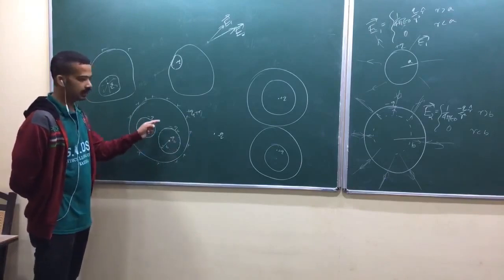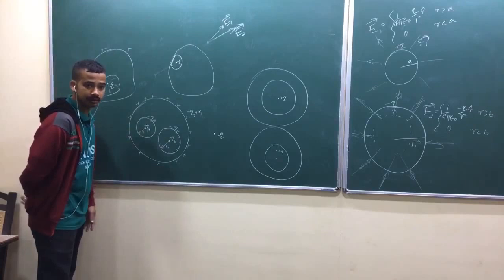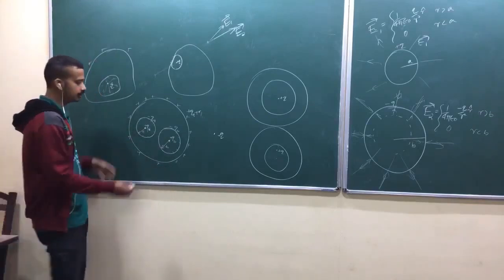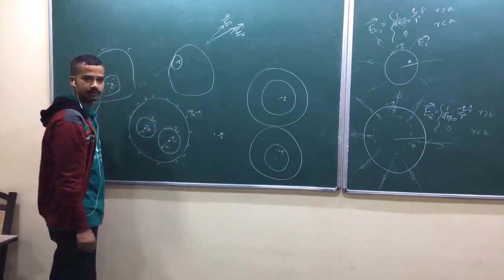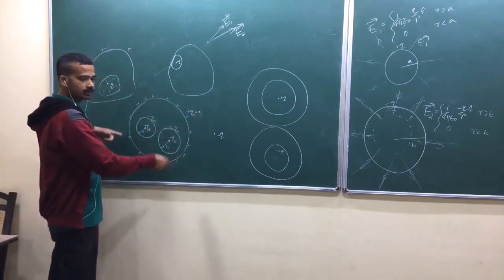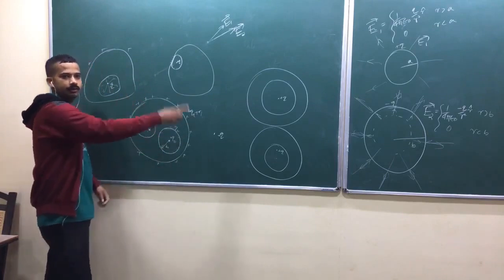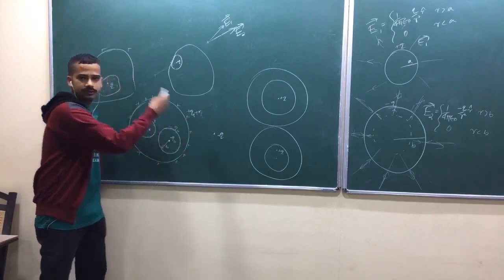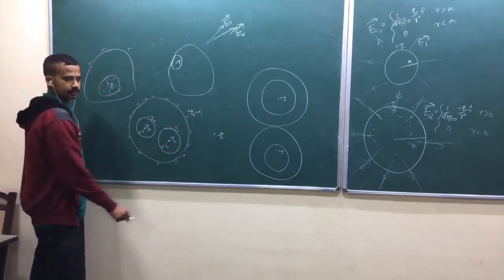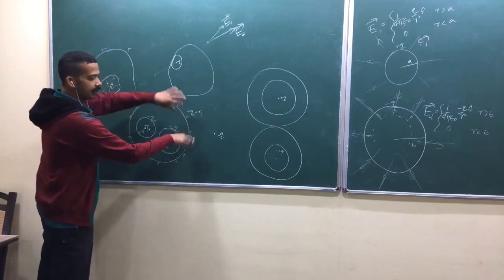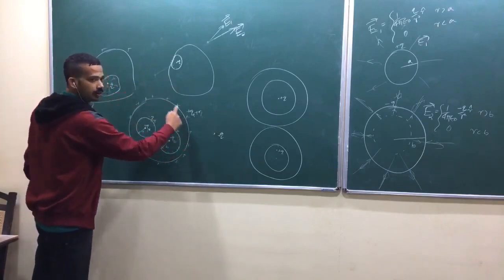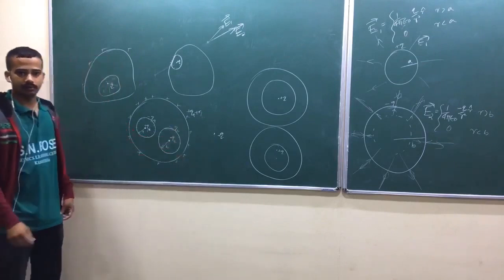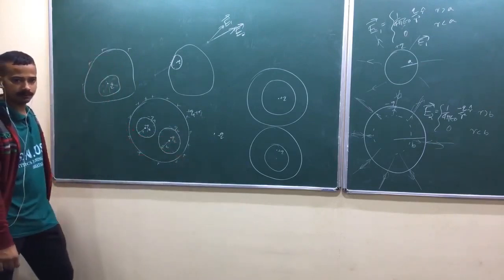The conductor was uncharged earlier. So these negative charges are drawn out of the conductor, and positive charges remain on the conductor, on the outer surface. When you bring another charge, only the outer surface charge distribution will be altered. It will tend to repel, or induce negative charge here, if this third charge is also positive. Is that okay? Any other question?